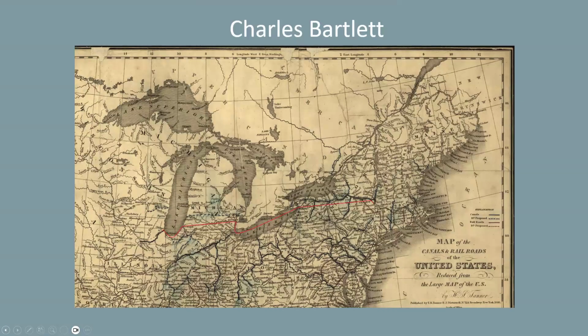Charles Bartlett was born in 1804 and grew up on a farm in New Hampshire. When he turned 21, he began work as a stonemason in Nassau, New York. He engaged in several trades over the next few years before deciding to move west. And on his journey, which I've tried to outline with a red line here, to give you a sense